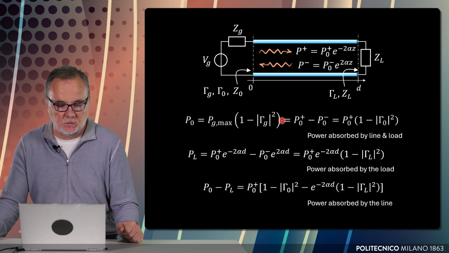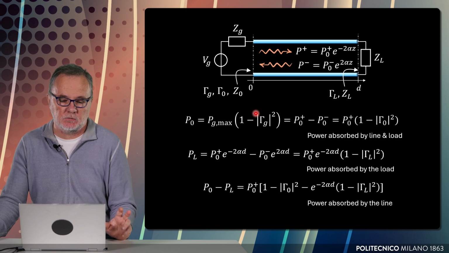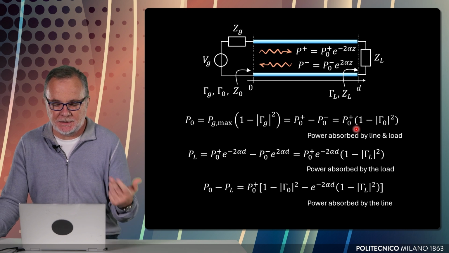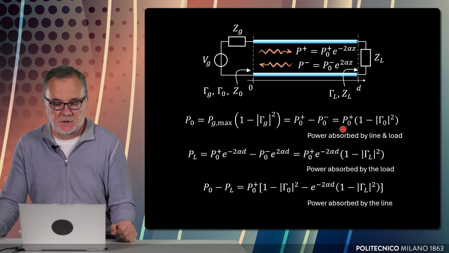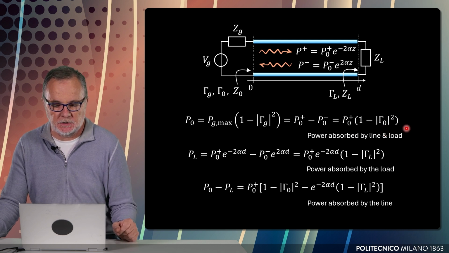This expression is known because we already derived an expression for this. It is this one, in which we use the reflection coefficient with that modified expression with respect to the source, but it can also be written in terms of gamma naught, because the power associated to the reflected wave can be written in terms of the square magnitude of gamma naught. So this is another expression that represents the difference between these two. As you see, this only depends on the source, this depends on the load that is here, and this depends on the load that is here, but has a different expression.